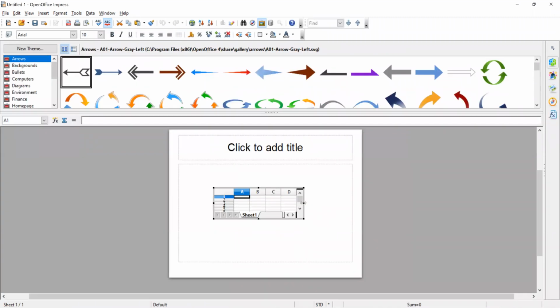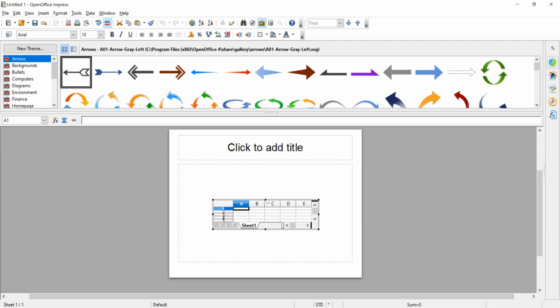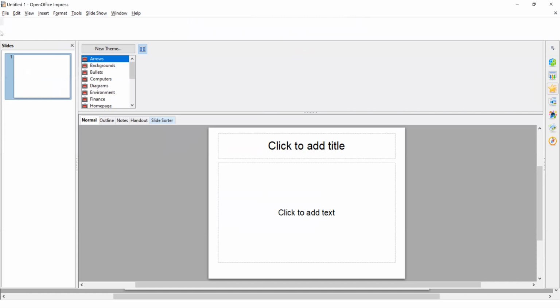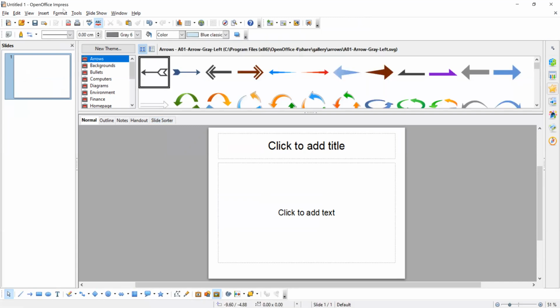From the spreadsheet, it has imported into our presentation. This is a spreadsheet actually. So if we choose drawing, if drawings are available in our OpenOffice Impress, that will be imported into our presentation. If charts are already done, that will be imported like that.